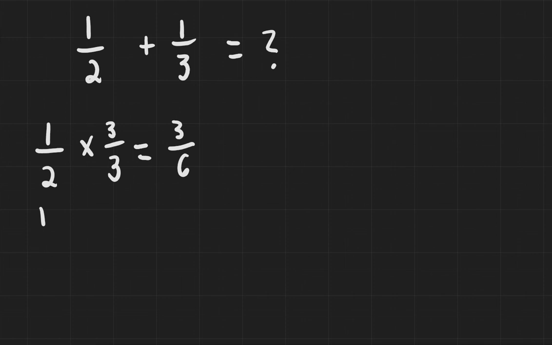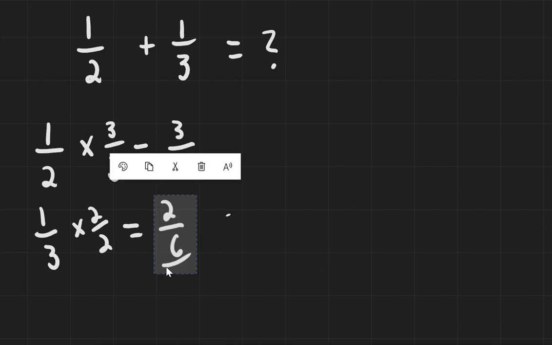And the same can be done with 1 over 3. I know that 3 times 2 is 6. So if I multiply this fraction by 2 over 2, I end up with 1 times 2 over 3 times 2, which again, if you simplify 2 over 6, you end up with 1 over 3. So now we have two fractions